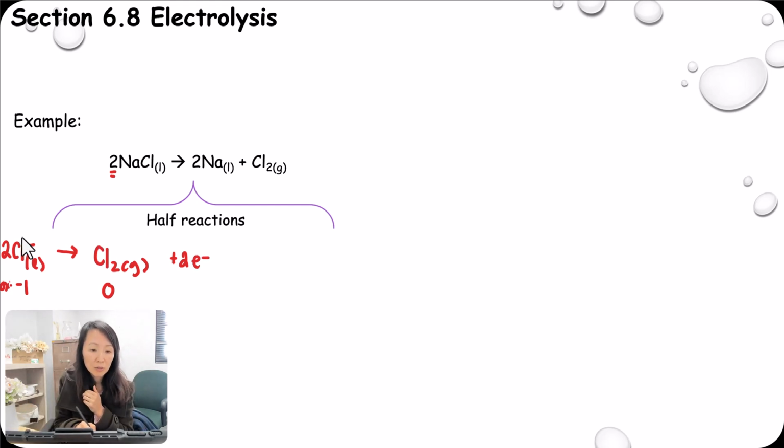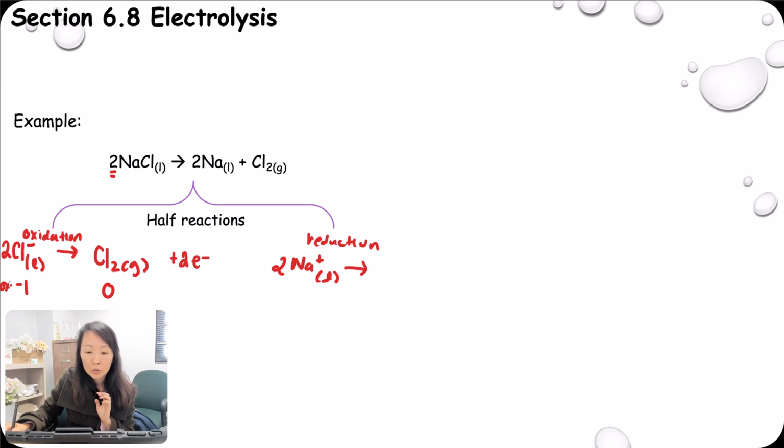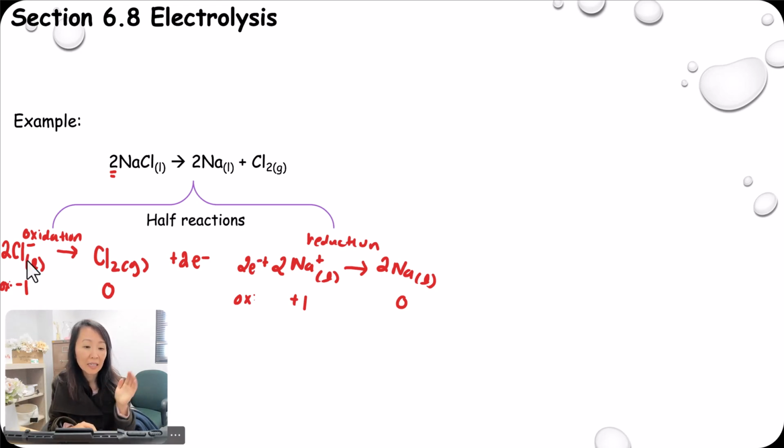Now on the right side, so this one was the oxidation side. On the reduction side, we have sodium plus, okay, and then that's 2 sodium, and that goes to 2Na liquid. The oxidation number in this case is going from +1 to 0. Now, because there's +1, we need to think about that is actually going from +2 to 0. So we're adding in 2 electrons. Essentially, we can say that the 2 electrons coming from chloride is going towards the sodium to form into sodium